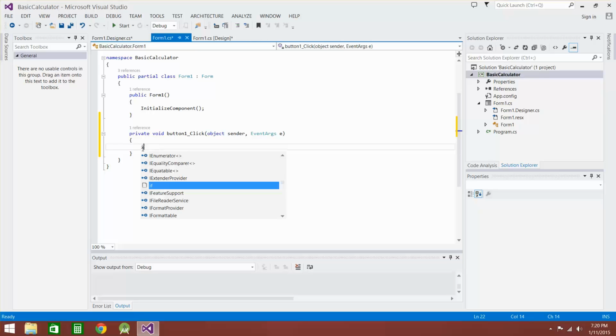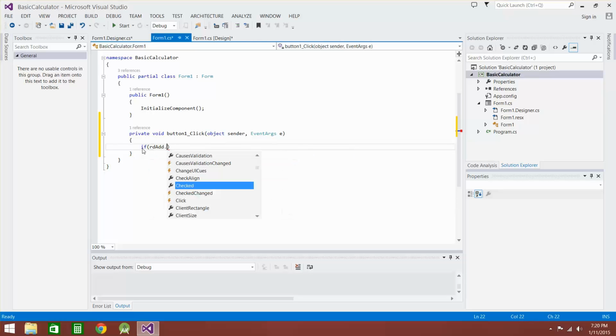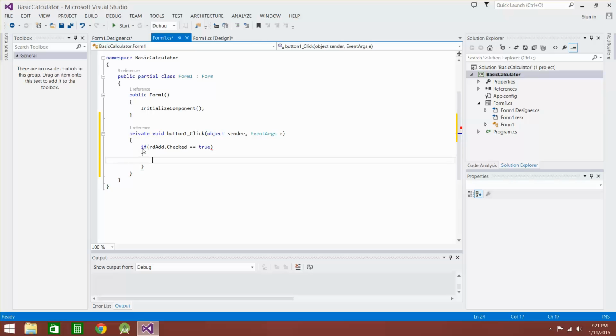It is if, braces open, rdadd. This is the name of the radio button which we've given, and dot checked. Checked basically means that if the radio button is selected, that's highlighted with a black dot inside of it, then it's going to perform this line of code that I'm going to tell right now, that is textbox3.text